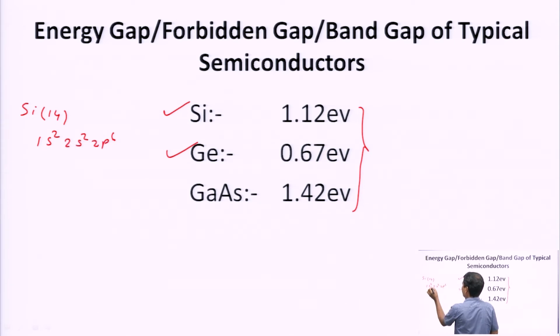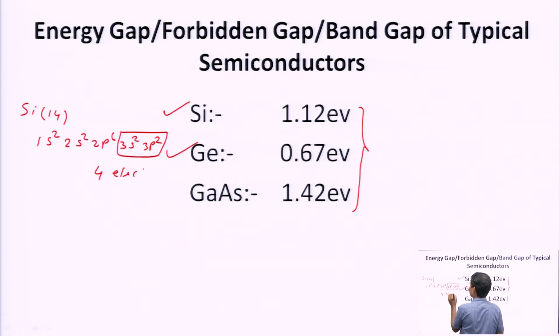3s2 and 3p2. This means these are the valence electrons. Valence electrons are 4 electrons. Okay, guys. This means the pure semiconductors, that is silicon and germanium, have 4 valence electrons, and all of